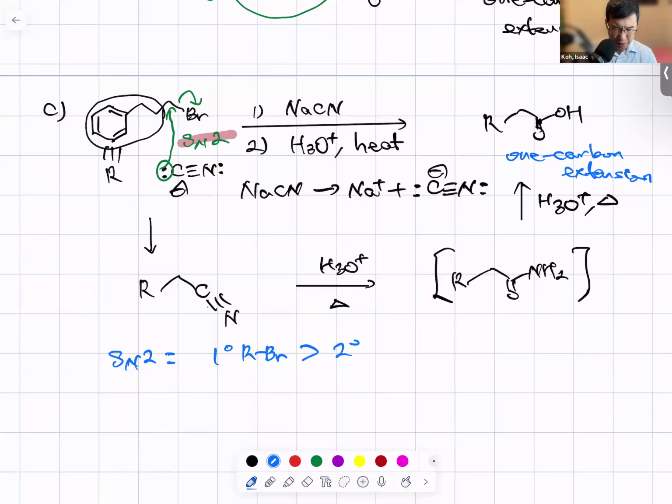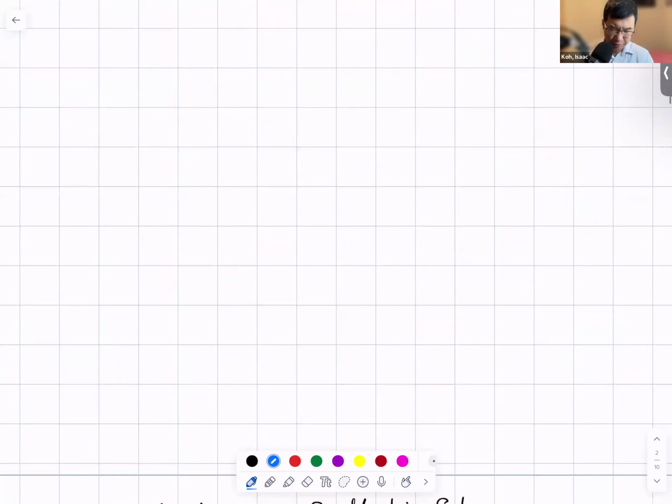And secondary alkyl halide, it is working but not easy. And this is much better than tertiary alkyl bromide. Tertiary alkyl bromide SN2 reaction doesn't work. Okay, now let's think about